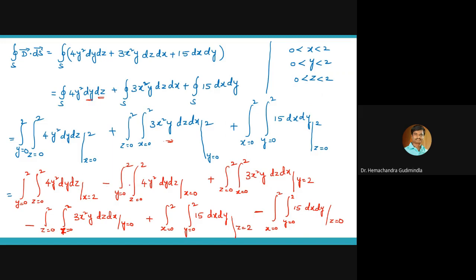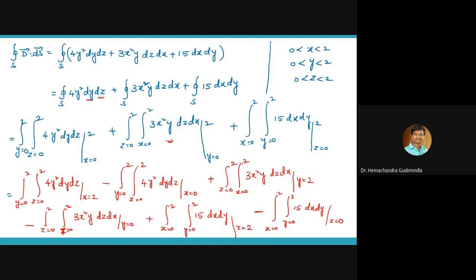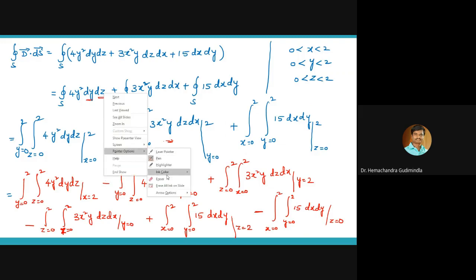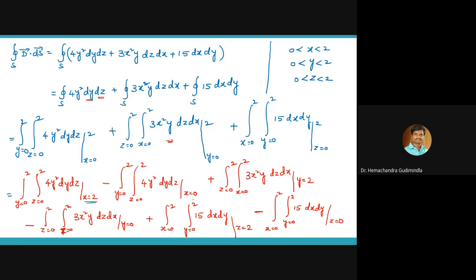Now this will be a very easy step. See, there is no x term in the first term. Here also there is no x term. Then what will happen? These two will have the same terms, right? So the first two terms will become 0. There is no x term inside over here. You need to be very careful. x equal to 2 is there, x equal to 0 is there. If I substitute inside, there is no x term, so I will just cancel these two.